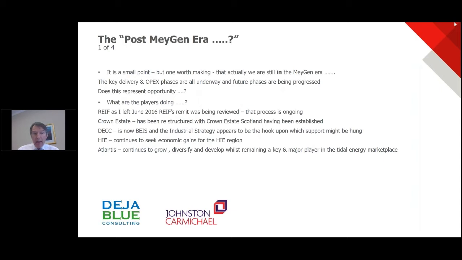DEC, of course, is now based, and the industrial strategy has emerged as the hook upon which much support may be hung. There are some detailed ongoing discussions between the industry and BATES, and I would give a name check to Christoph Harwood, who's doing a lot of work on behalf of the industry, and for those of you who are aware of that work, there was an update provided by him to the sector generally, but for those of you who are not part of that update, that really does involve the industry making a case to particularly UK ministers and MPs and others that the tidal sector in particular, the marine sector generally, has a lot to offer that it can deliver for UK on a number of fronts,